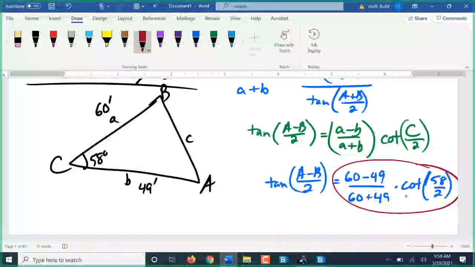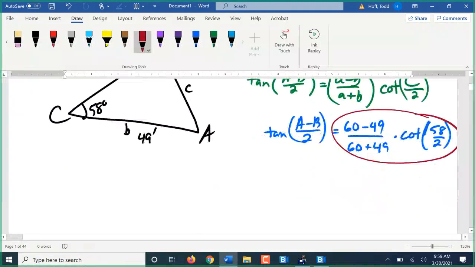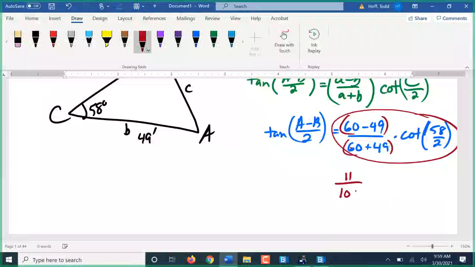I do an inverse tangent and then multiply by 2 to get A minus B. So let's calculate that out. I'm going to calculate this side over here. And to do that, I'm going to do the 60 minus 49, which is 11. 60 plus 49 is 109. Times the cotangent,